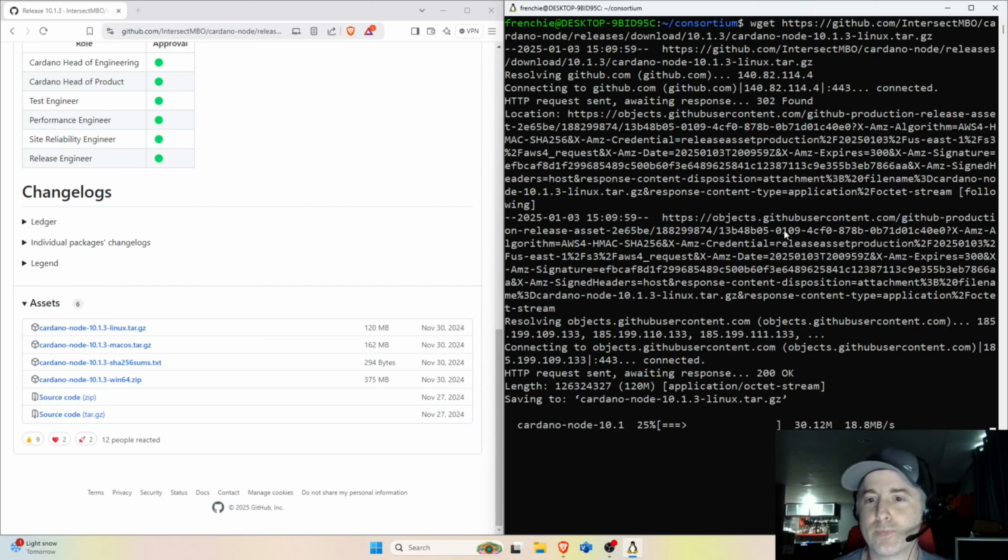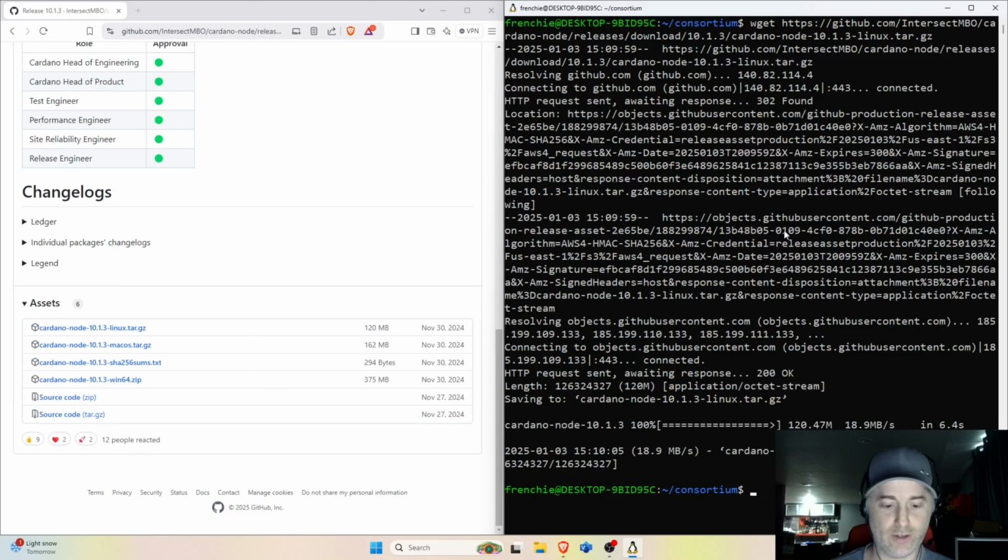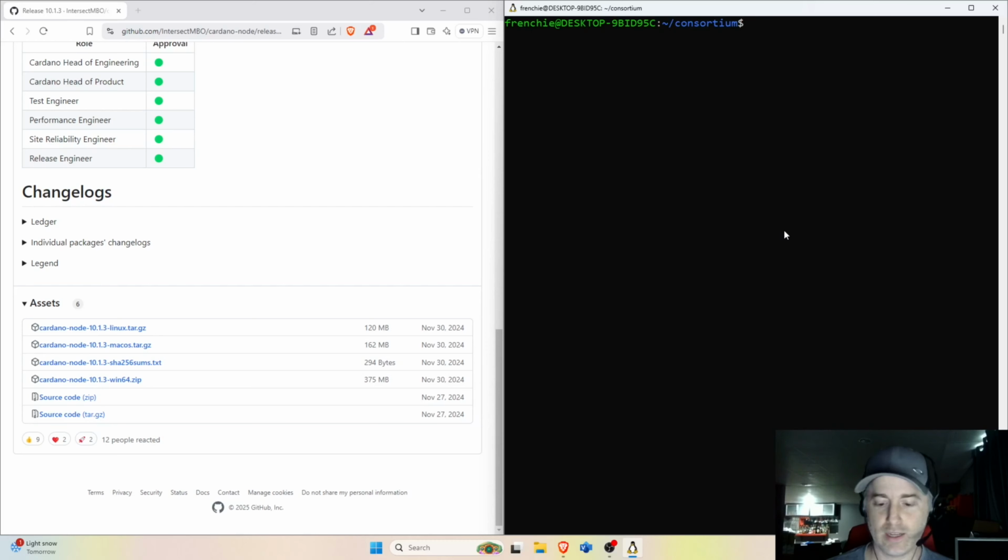Press enter and it's going to download it into your environment. There it is. You can clear. And when you ls, when you list what's in the directory, you'll see that it is there. So the next step would be to extract that. So tar space dash xzf and the name of the file, which is